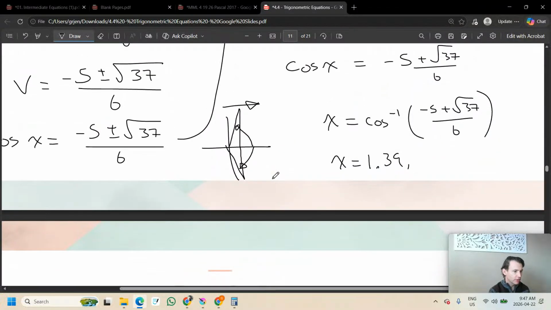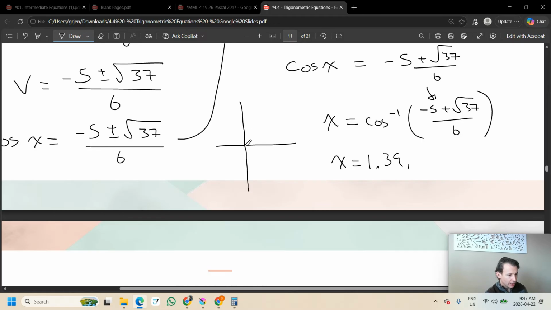Okay, I'm gonna draw a better diagram for you. Here. So I'm just thinking about my angles in standard position. I know that the value of cosine is positive because this thing is positive over here. Root 37 is bigger than minus 5. It's bigger than 6 even. So anyway, we are like over here because we're very, very close to